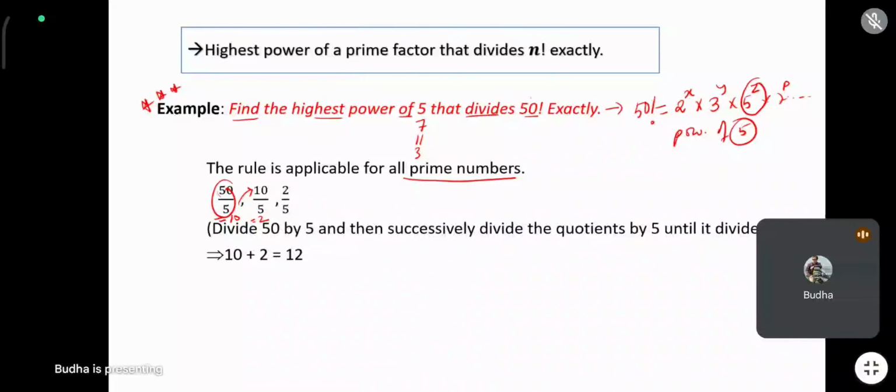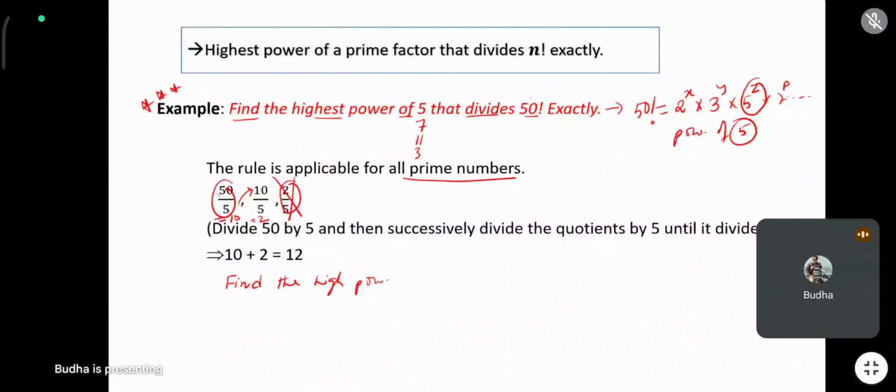अब इस 2 को वापस डिवाइड नहीं कर सकते. So this is useless for me. So the answer is 10 plus 2. Okay. Same case, if I go for, instead of 5, tell me, find the highest